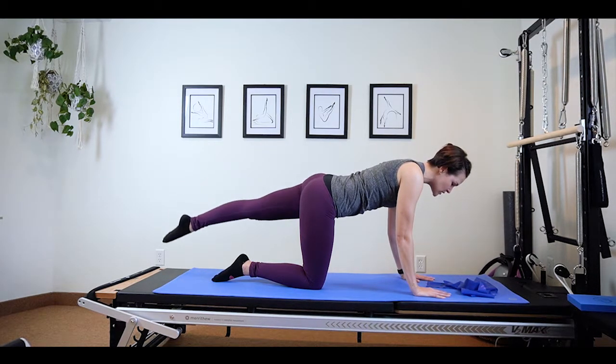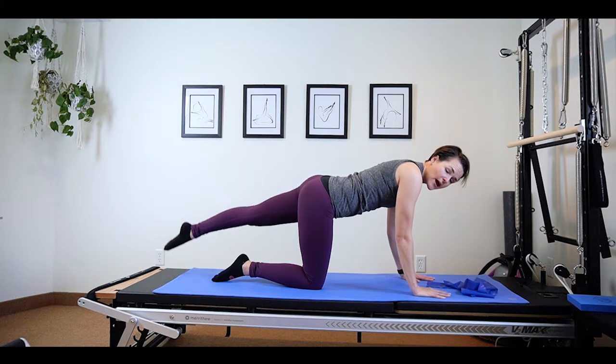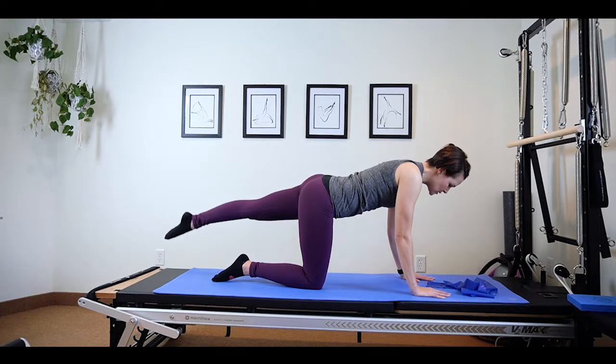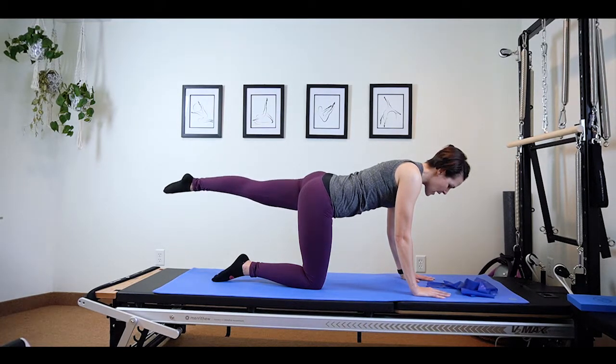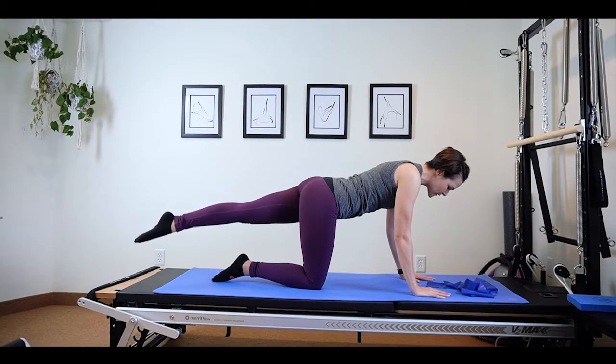So put as much energy as you can into those toes. No bent knees. For 4 and up. 3 and up. 2 and 1. Hold it there. Now this time hips stay where they are, but you're just going to bring that toe to